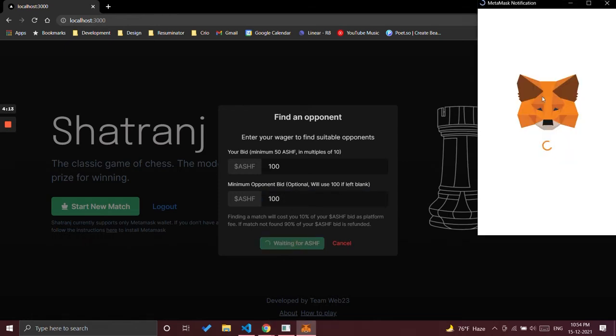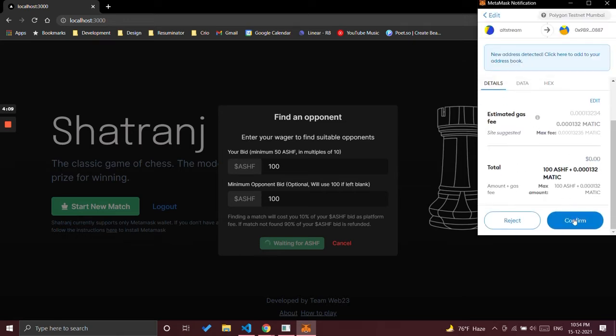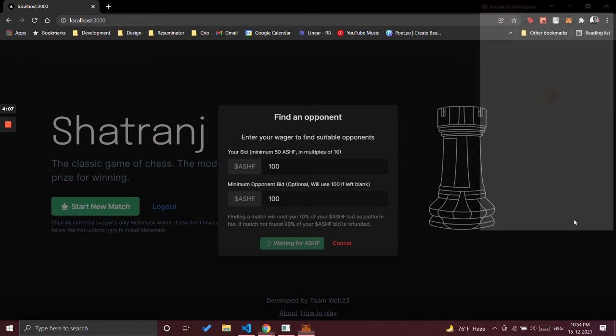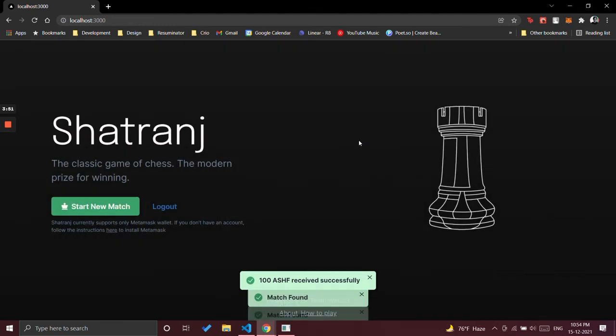First, it will ask us to send 100 Ashar fees as we asked to bid. Once we confirm this transaction, it will start the transfer of Ashar fees from the player's account to the owner account. Once done, it will start finding a match.